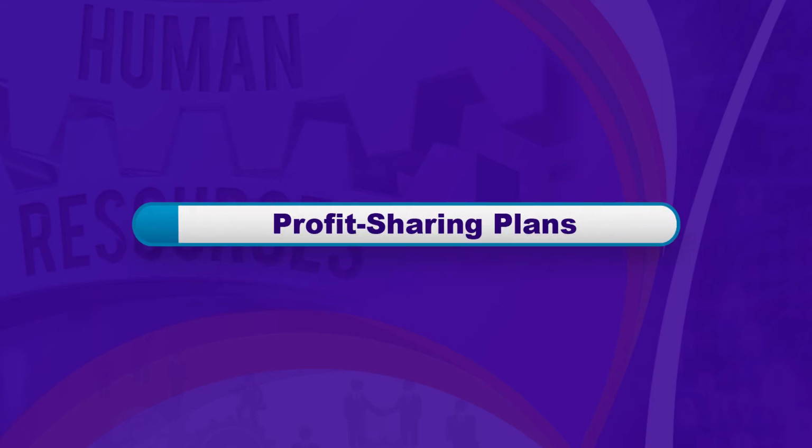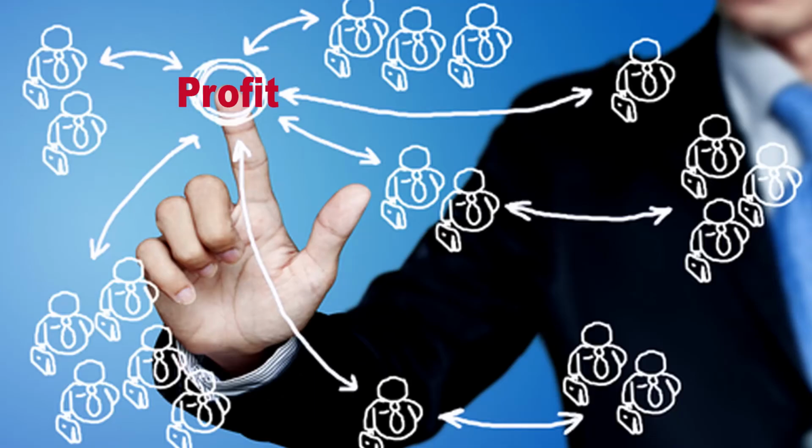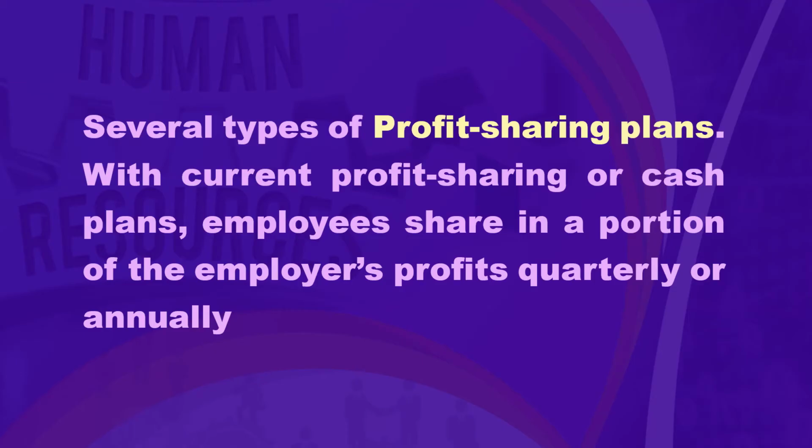Profit sharing plans allow all or most employees to receive a share of the firm's annual profits. Profit sharing is a team-based incentive plan in which company pays employees a percentage of company's overall profits. Profit sharing builds a sense of ownership among employees and encourages greater team performance levels. Employees know that the better their performance, the better the business's financial picture and the higher their own potential cash rewards. There are several types of profit sharing plans.